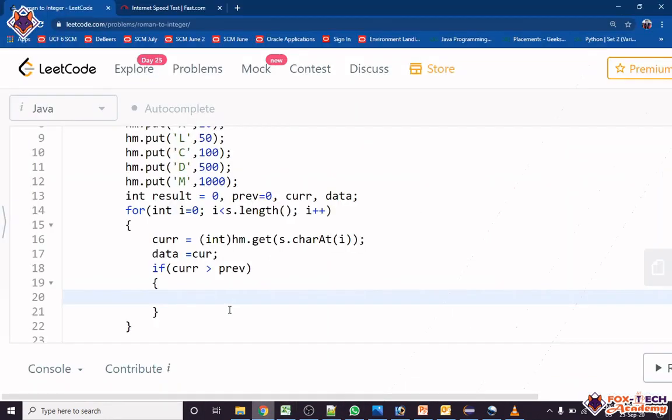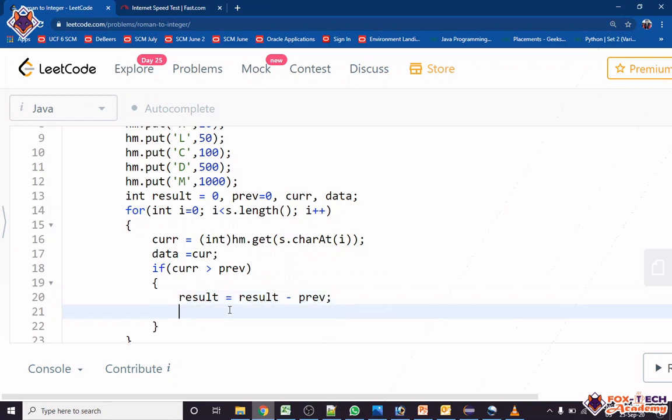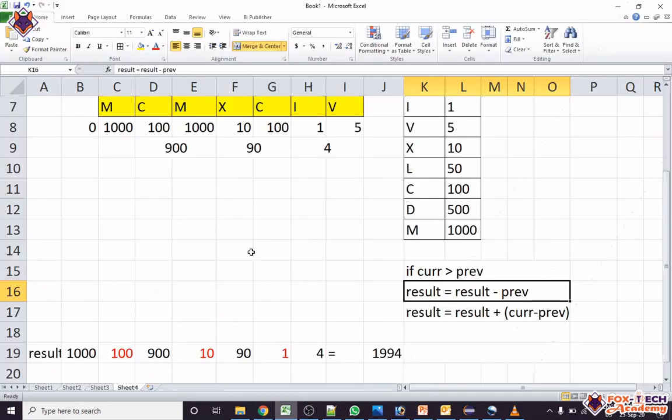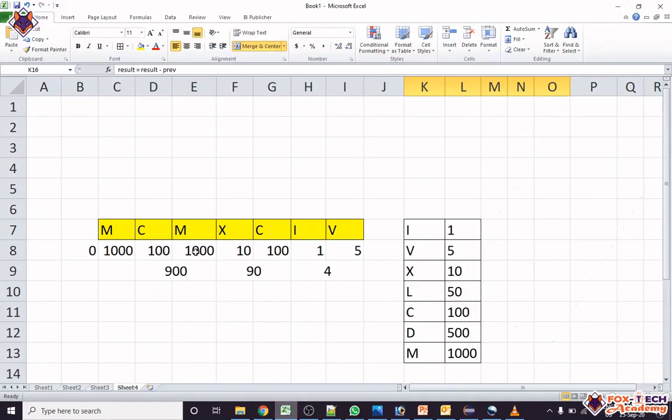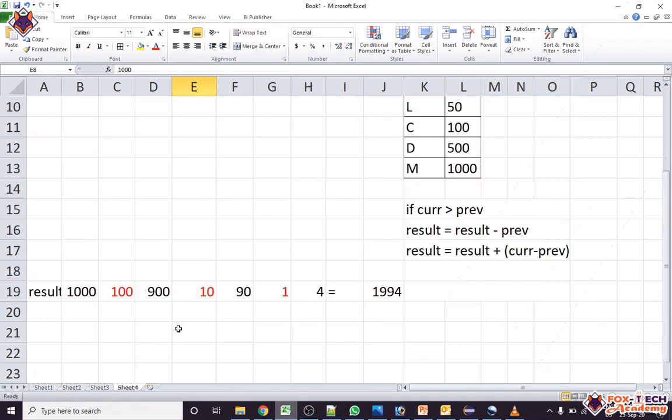So we will use result equals result minus previous, and we will make our data not the current value. Here we are not going to add this 1000 in our sum.